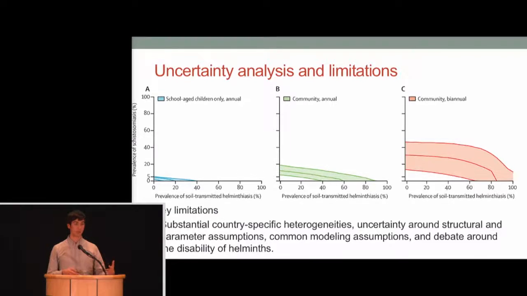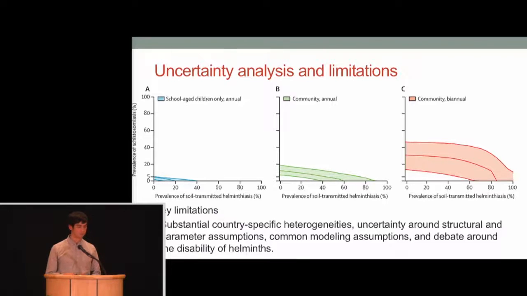Now, as with all models, it's important to understand our limitations and uncertainty. So the idea that countries and settings are different, the idea that there's uncertainty in the biology of transmission, and the common modeling assumptions we use, such as individual subpopulations are assumed to mix together. And the way that we approach this is by taking all of this uncertainty and mapping it all together into multiple simulations where we look at every possible combination of cost, of epidemiology, et cetera, and generate intervals to show where the range of truth may lie.